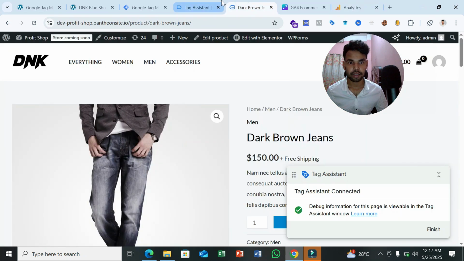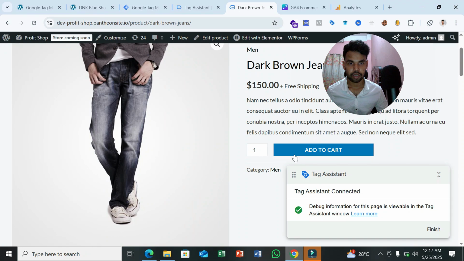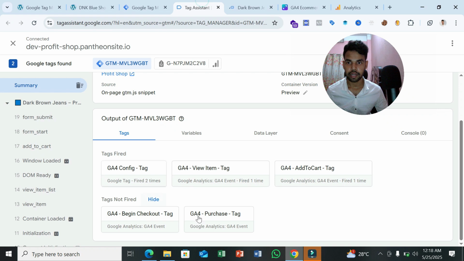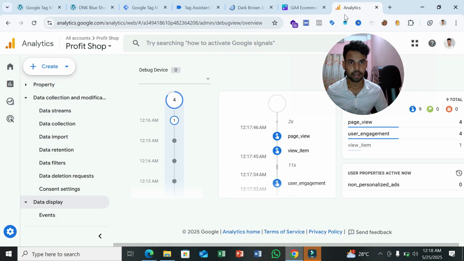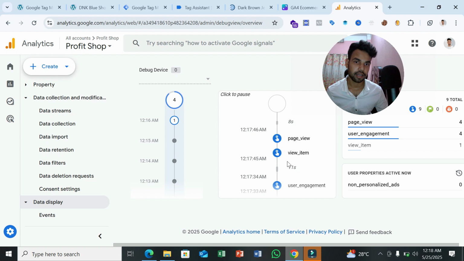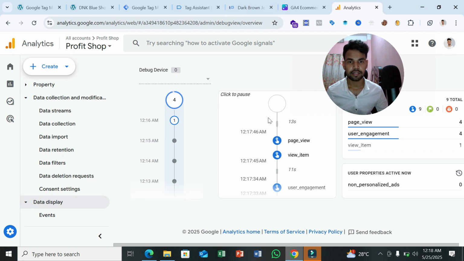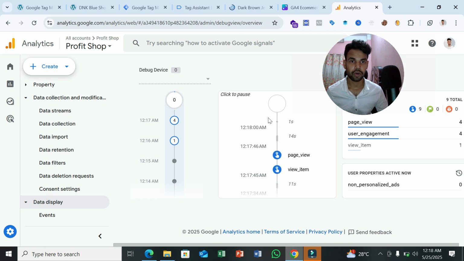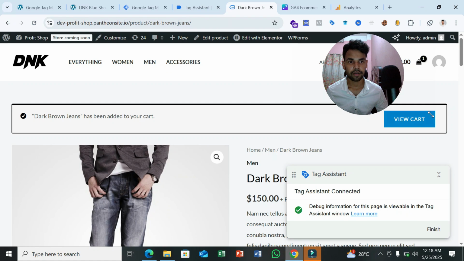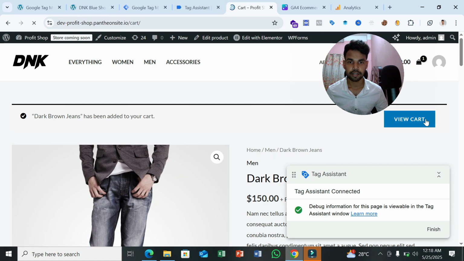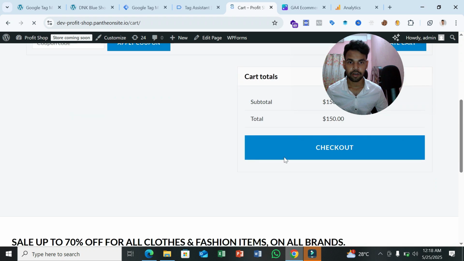Just go to another action like add to cart. If I click add to cart, we should see the add to cart event fire, and as we can see here the view items, and also we can see the add to cart event. It takes some time. Okay, so don't get confused, and if you need my help you can contact me, definitely I'll help you. Now if I go to view cart and go to checkout